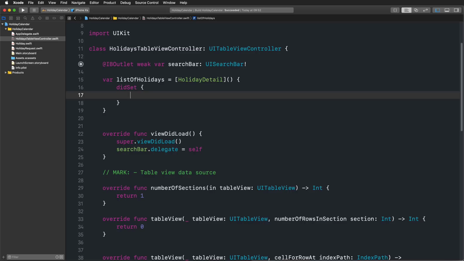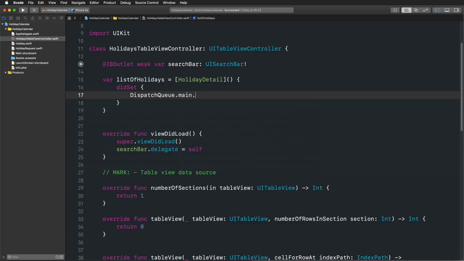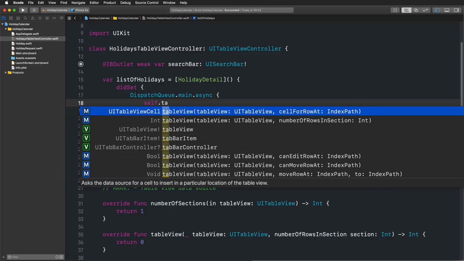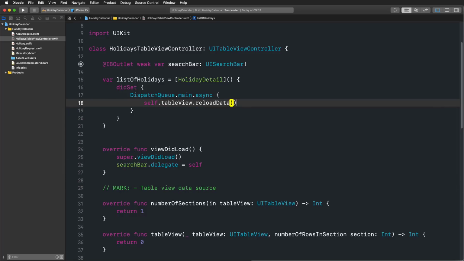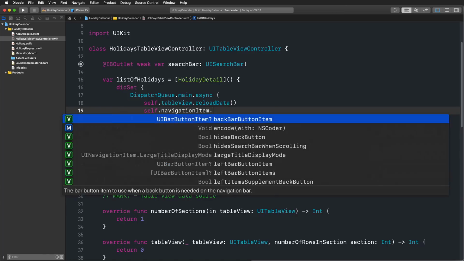Since this is going to be a UI thing to do, or it's going to update the UI, we need to do this on the main thread. So we are using the dispatch queue main, perform that in sync with the main thread, and then we're using our table view. We reload the data,